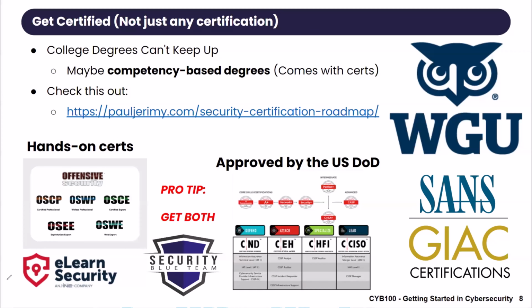And those are things like Elon Security. INE bought them, and I think INE is running, literally running Elon. Elon used to be cool. They used to have a certification known as EJPT, and everybody was talking about it until these guys bought them. Now, I don't know what's the vision with that, but the training comes with a bunch of hands-on and it helps you become a penetration tester.